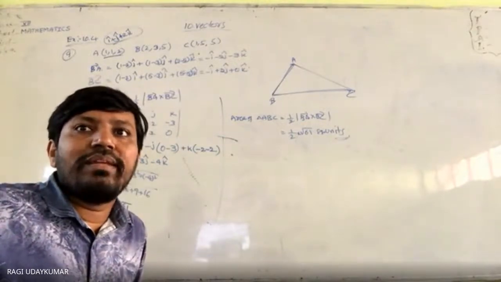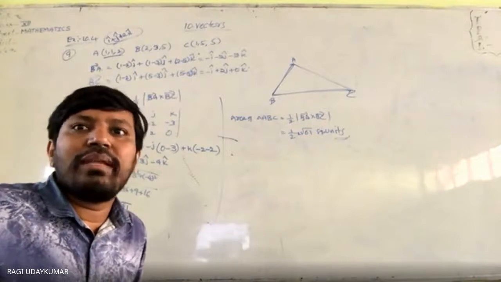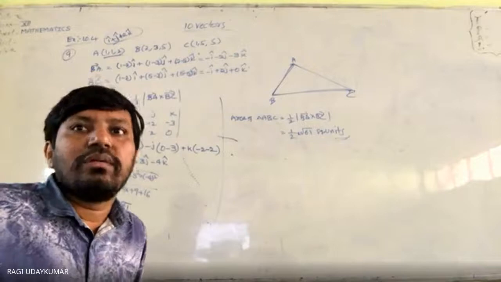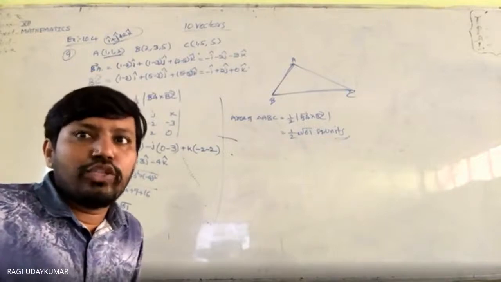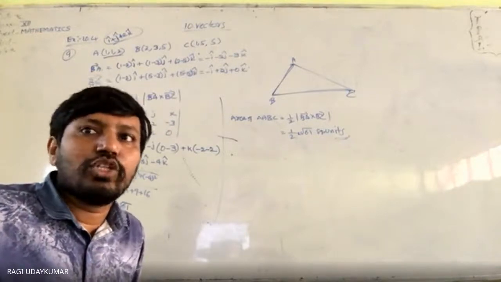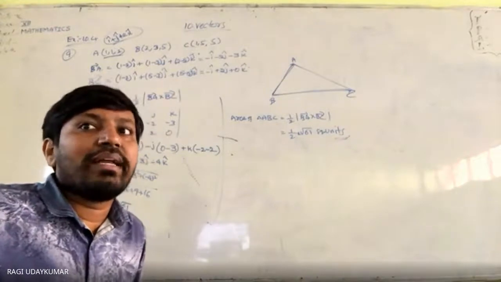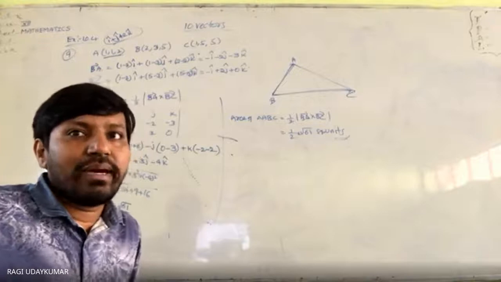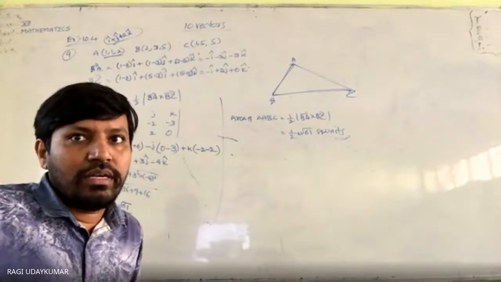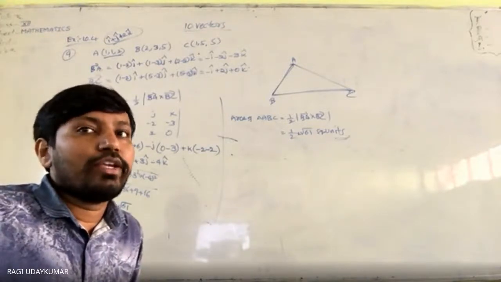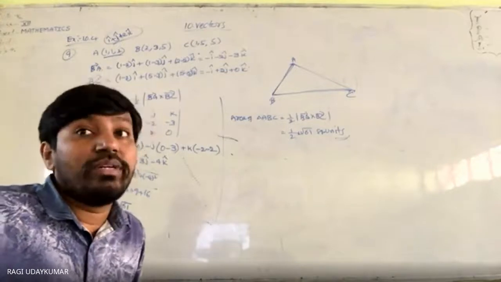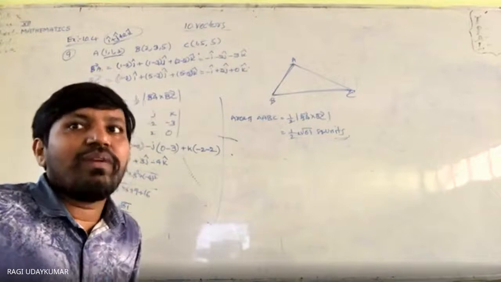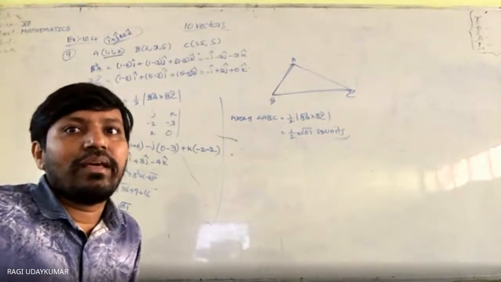In the 11th problem, let the two vectors be given to you. So 11th and 12th are just objective type questions and easily I think you can do it, but I will also explain to you. Magnitude of a bar is given to you. Magnitude of b bar is given to you. A bar cross b bar is a unit vector, and the angle between a bar and b bar is what is asked to find. Okay, a bar cross b bar is a unit vector given. So that is nothing but their magnitude is equal to 1.